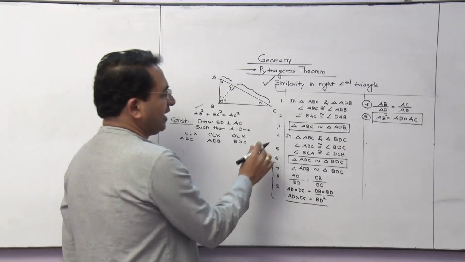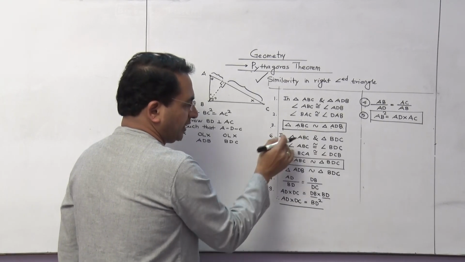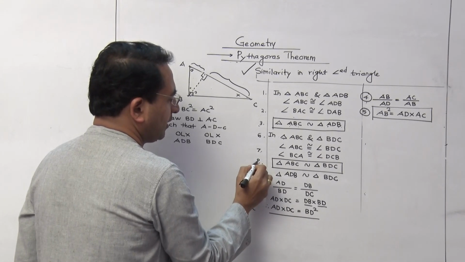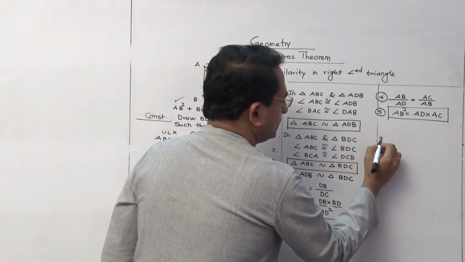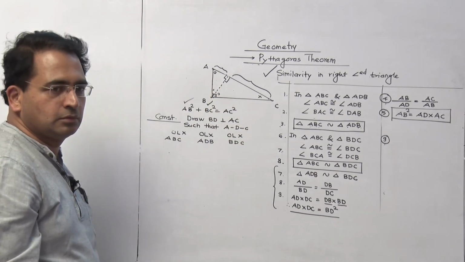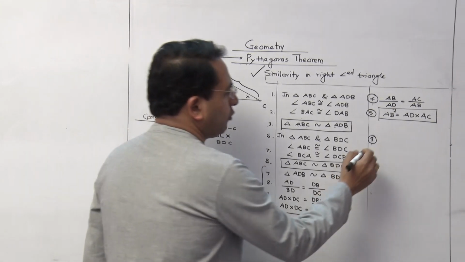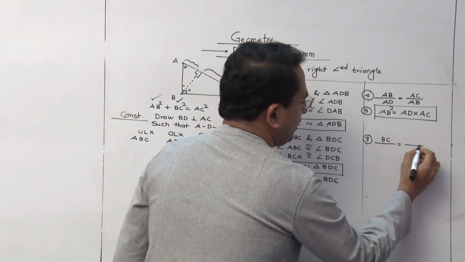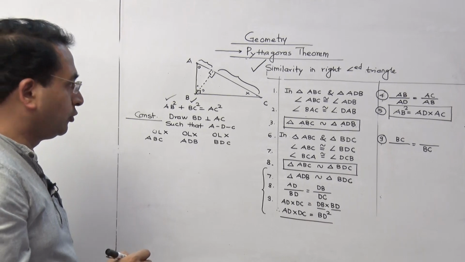Now this statement will become statement number 6. After that, this is going to be statement number 7, and this is going to be statement number 8. Now I am writing statement number 9 here. Now I want BC square. Correct. Now BC square, how will you get it? We want to write BC upon BC. So this is how another plan to get BC square.